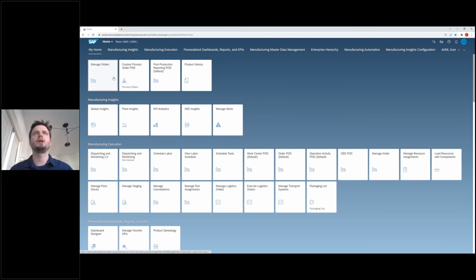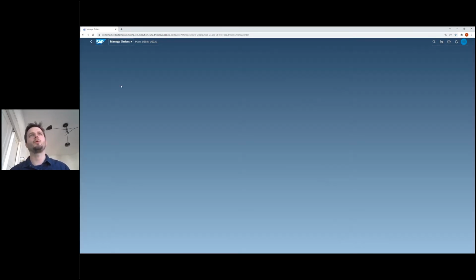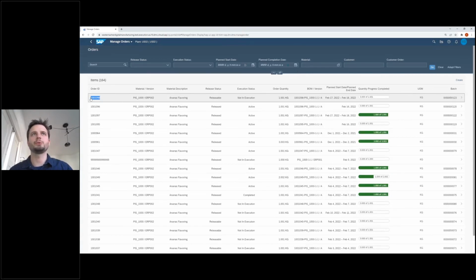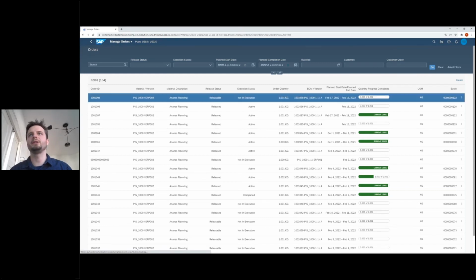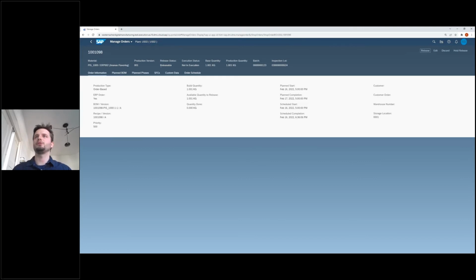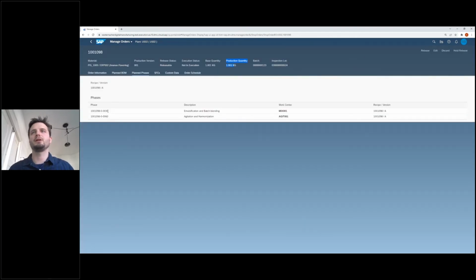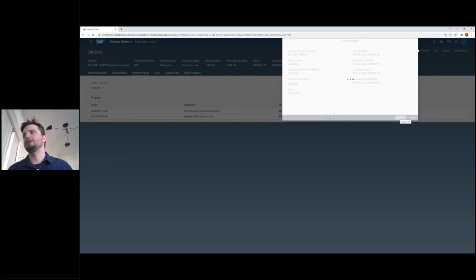And here we can first of all go into the manage orders application. We will see our order is at the very top, 1089, and it is not an execution. As we can see here, we have all the relevant information coming from the ERP system. We have the batch number, the inspection lot number, production quantity, plant BOMs, the plant phases that I have shown also within the ERP system, and we're going to release this order now and send it to the